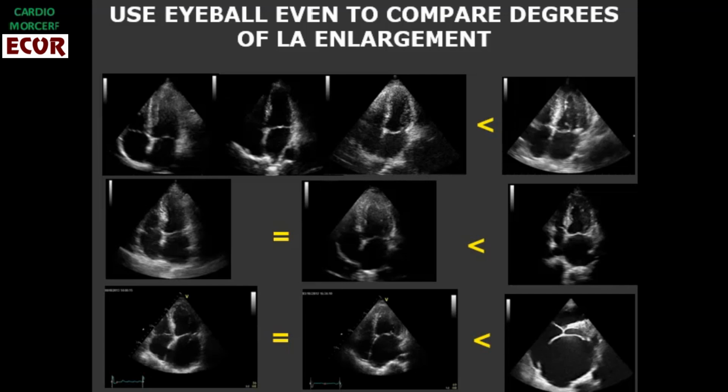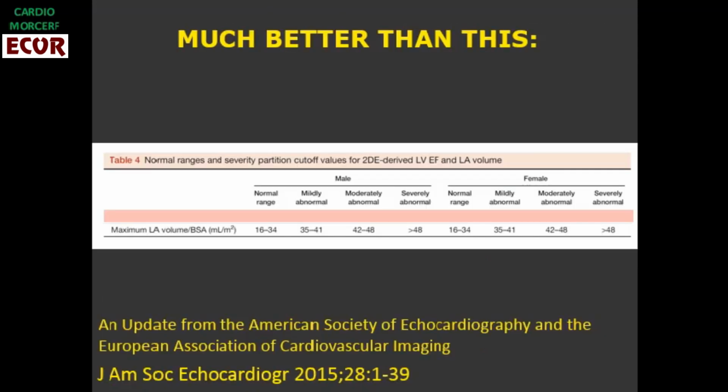It will be just like you have an anatomic piece of the heart in your hands, and it turns easy to recognize what is dilated or hypertrophied. This eyeball system is much better than this one here, where the cutoff is made by measurements, and you must know by heart the values of